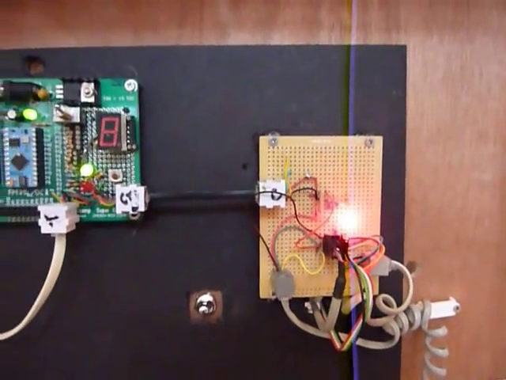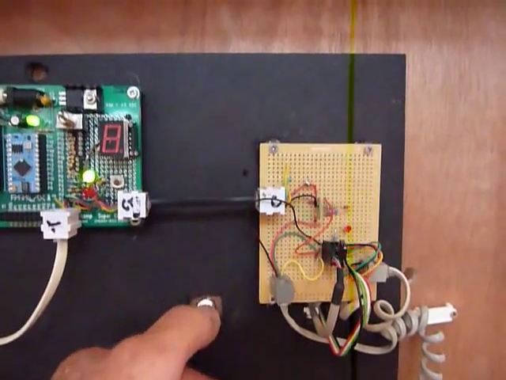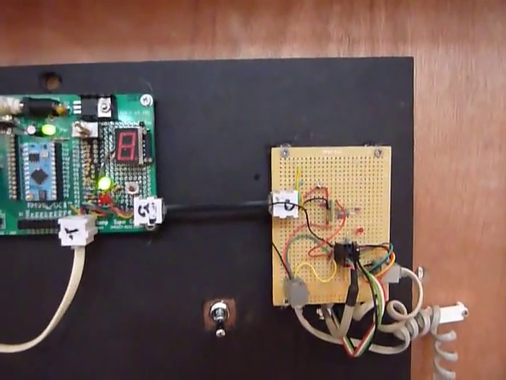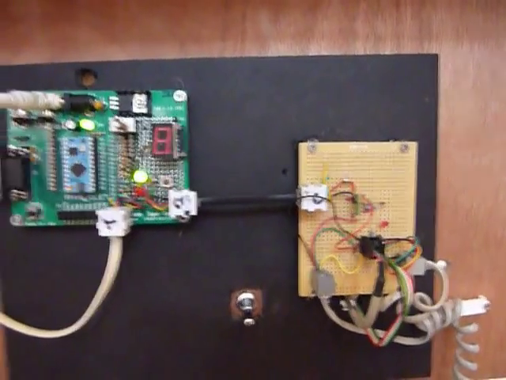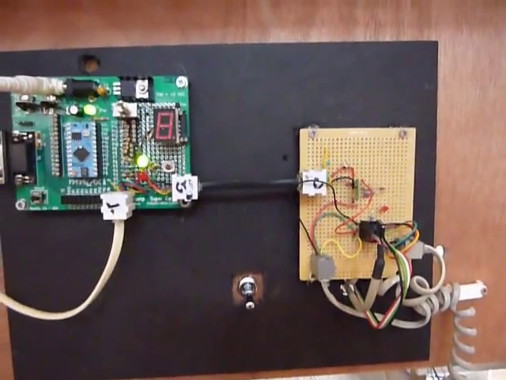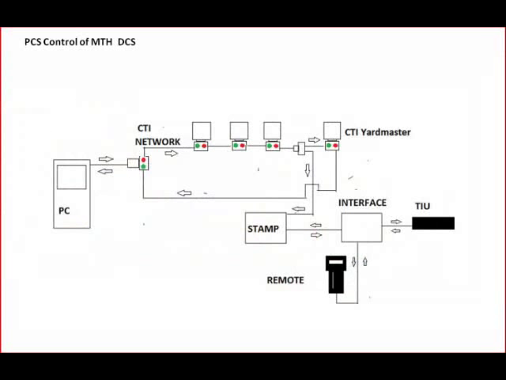If at any time I want to switch over and go wireless, all I have to do is take this switch here, throw it, the LED light goes off, and it tells me I'm now in the wireless mode and I can run the handheld wirelessly. I don't need to disconnect the cable from it if I don't want to, and I can run wireless. So there you have it. That's the whole